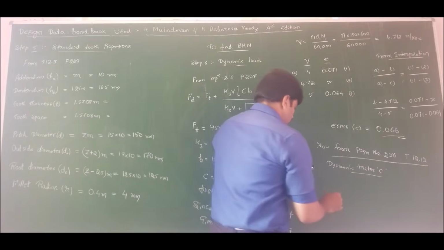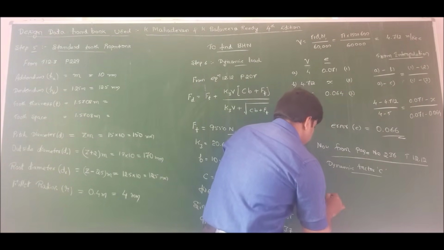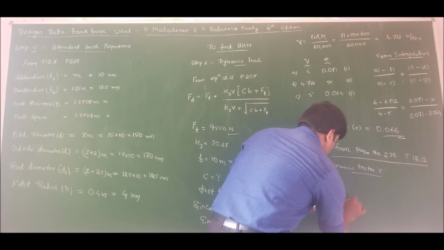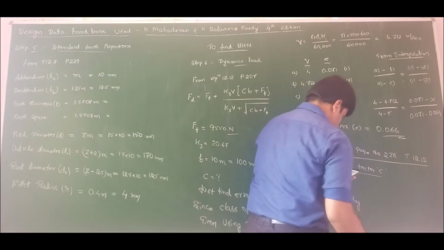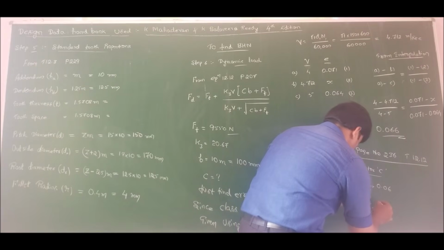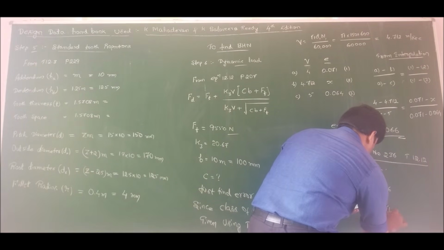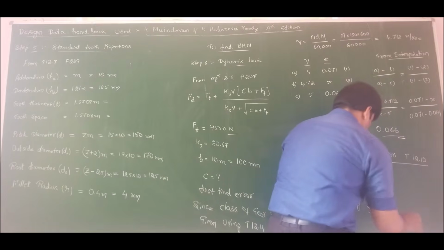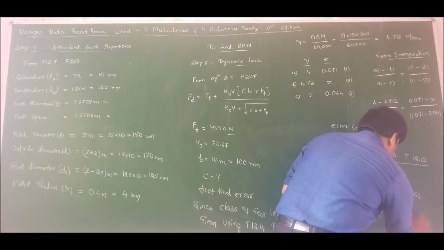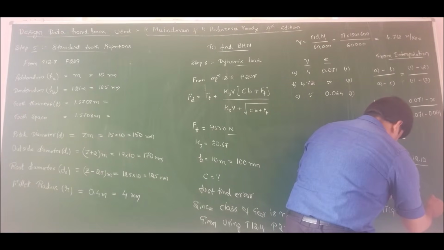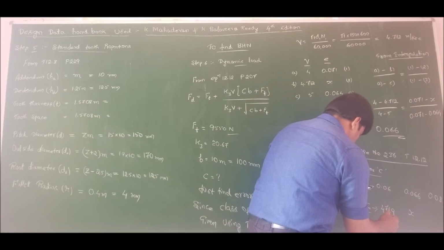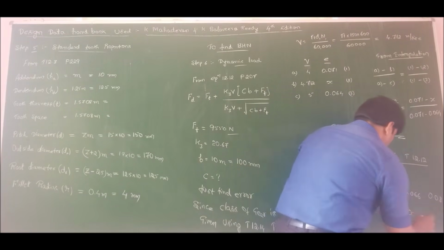So therefore, for cast iron and steel, for the 20-degree tooth form, when the error is 0.06, we have the value of C as 471.9. I want the value of C when the error is 0.066. I should find the value of C, whereas the next value for interpolation will be 0.08. At 0.08, we have the value of C as 629.2.